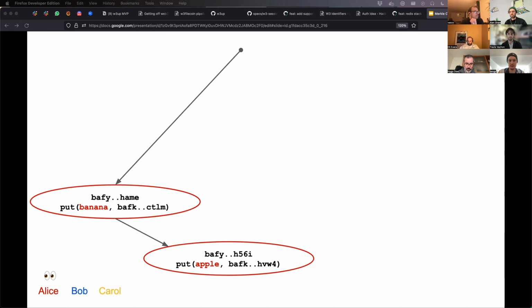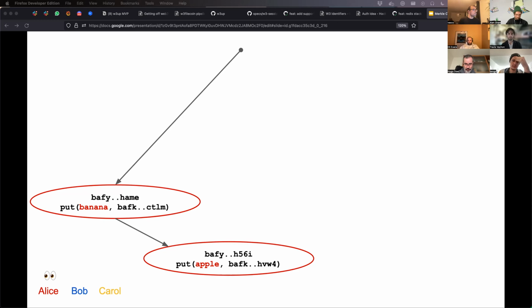But next up, Alice puts in a banana, like you saw. It's the same thing as earlier. She puts a banana in the bucket, and then she tracks that node as the latest event, and you can see it points back to the first event. So there's an explicit ordering of events here, where obviously the banana was put in after the apple,